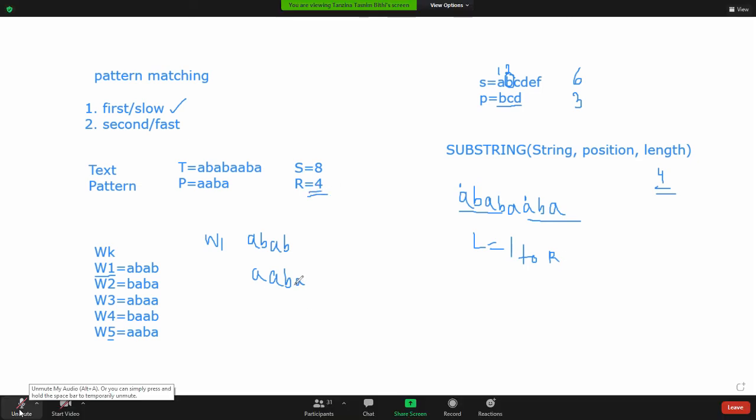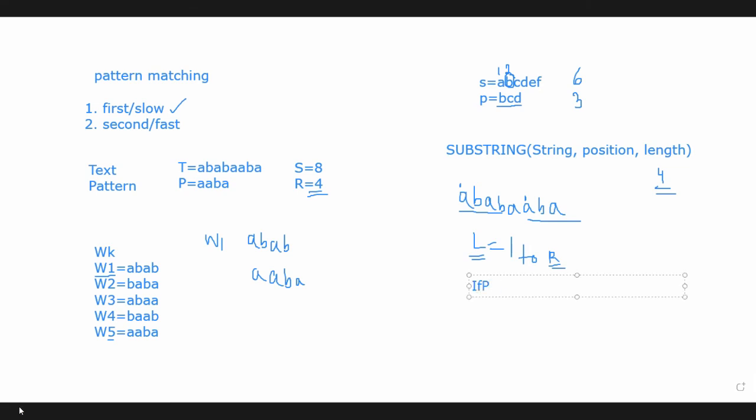What is step number 3? Repeat for L equals to 1 to R. Okay, that means in this inner loop we'll use a variable L, and the value of L will be 1 to the value of the length of pattern. Here R equals to 4. Right? Yes, ma'am. And then the next step is if P L not equals to T K plus L minus 1,